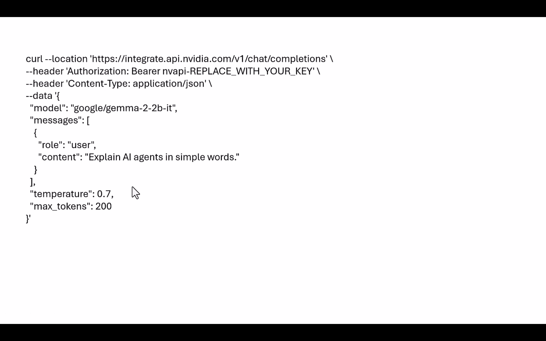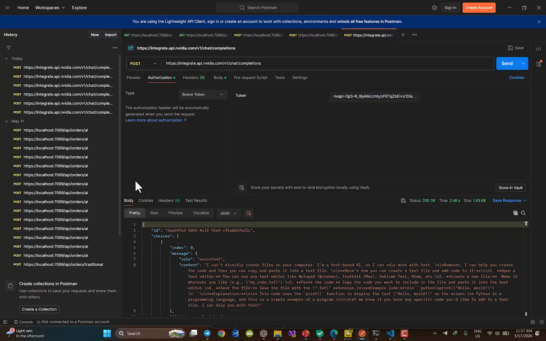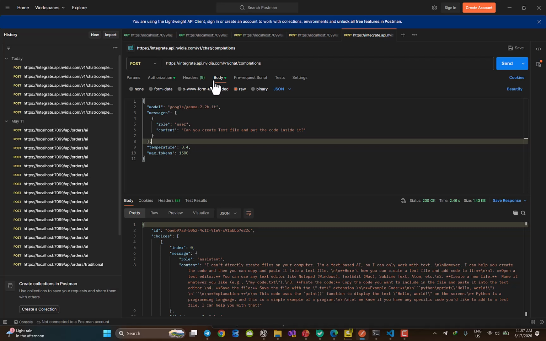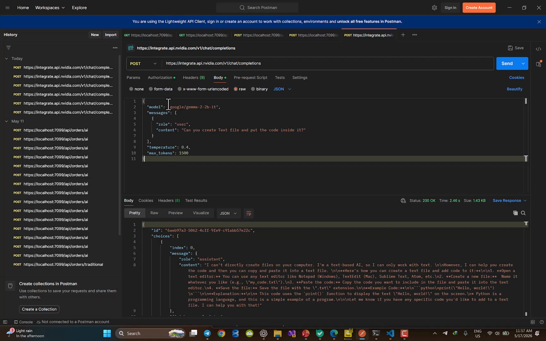I have done this inside Postman to show you how it really works. Let's do it. This is Postman. This is my URL. I have chosen post. Then in the authorization I have chosen bearer token, and then I pasted my API key as I was talking about at first here, and then body raw JSON, and this is the body, the model, the content,